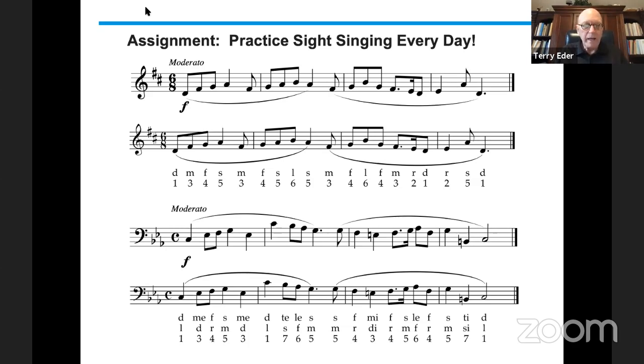So then I'm going to give myself a C down here in bass clef. Okay, and here we go. 1, 2, 3, 4. Do, me, fa, sol, me, do, te, le, sol, sol, fa, mi, fa, sol, le, fa, sol, ti,